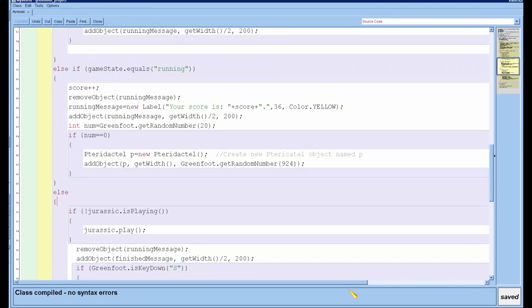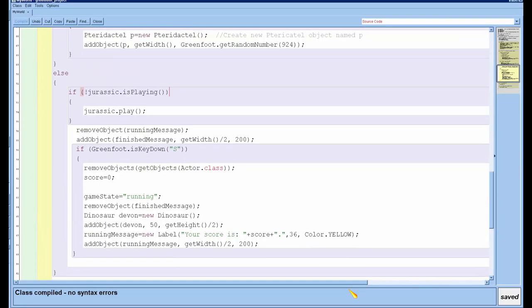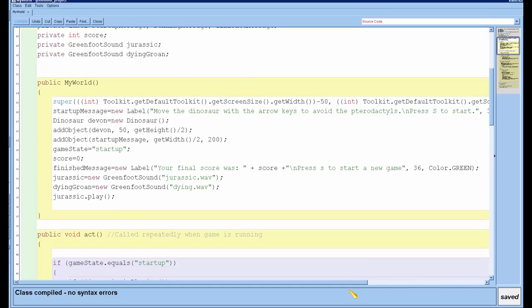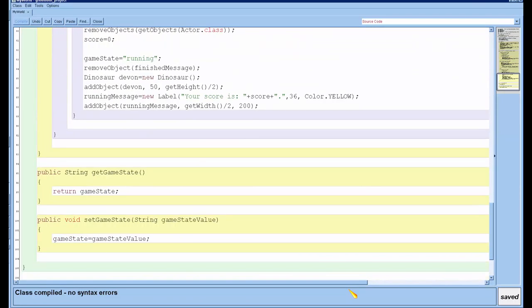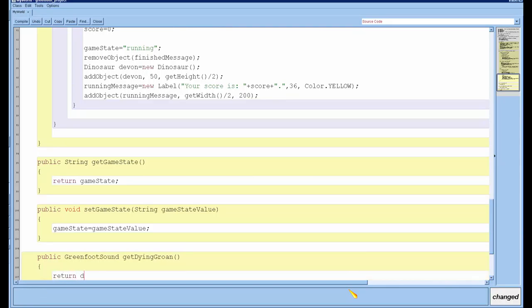Let me think about that. I'm going to make a public method, GreenfootSound getDyingGroan, and then I'm going to say return dyingGroan.